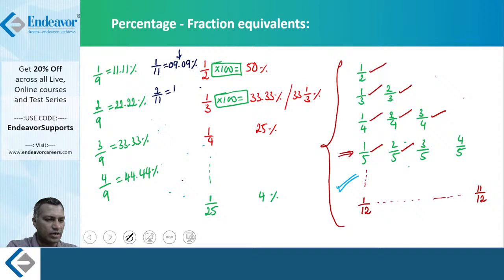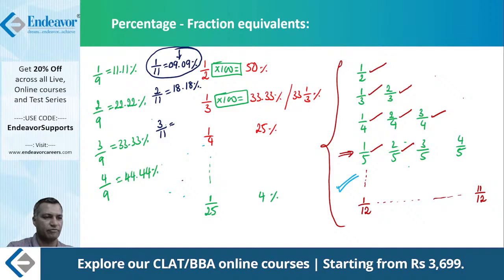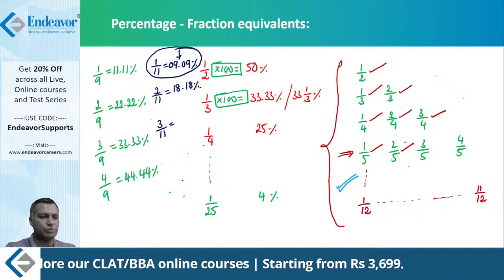Right, when you want to get 3 by 11, again go back to 1 by 11 as the reference stage. Multiply both sides by 3. 9 3s are 27. Therefore, 27.27%. Right, so likewise you can create it. So that's easy to remember. 1 by 9, 1 by 11, 1 by 7. Likewise, try and identify. There are certain patterns for most of the numbers. I've shown it for a couple of these numbers.